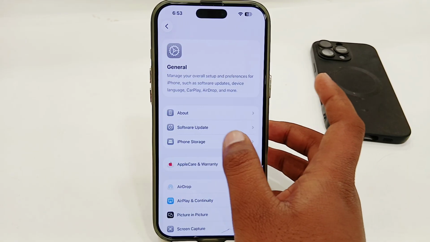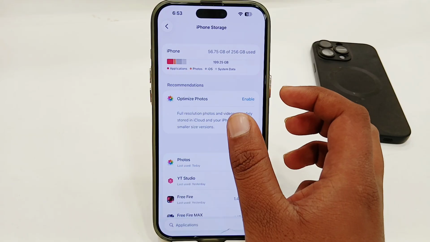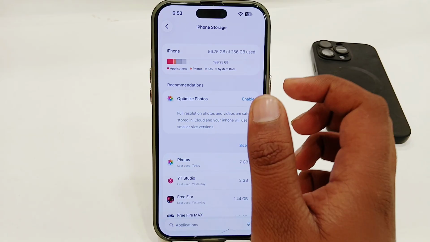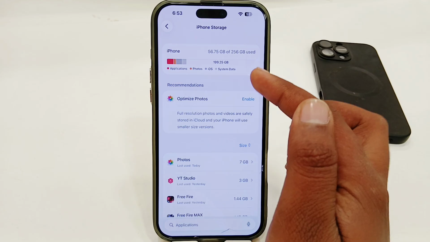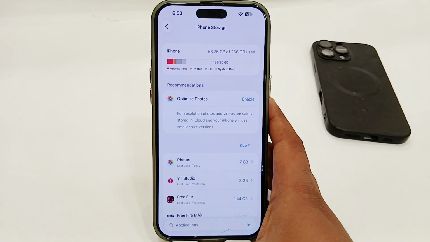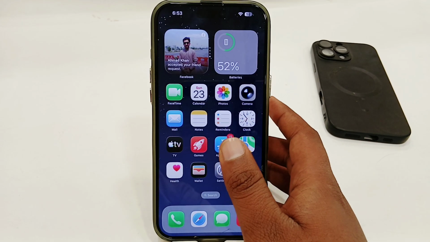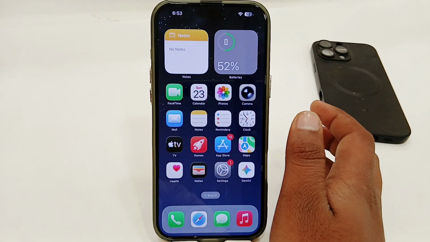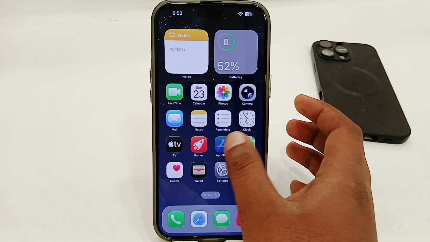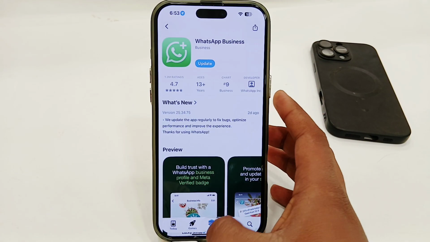After that, go back. You also have to check your iPhone storage, that you have almost 5 to 10 GB free in your iPhone storage to run all apps as well. And after doing that, you simply go back from here and retry to see if your issue is fixed or not. If it's still not fixed, you have to open your App Store for search, and